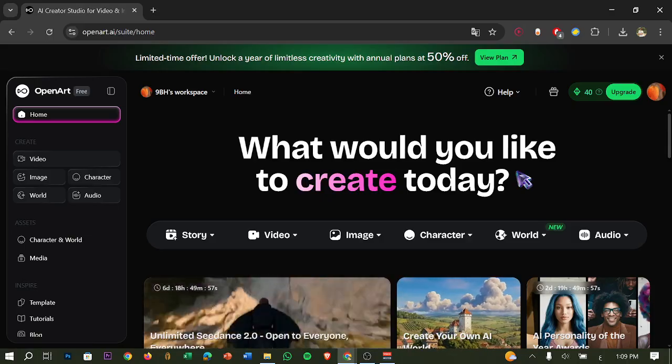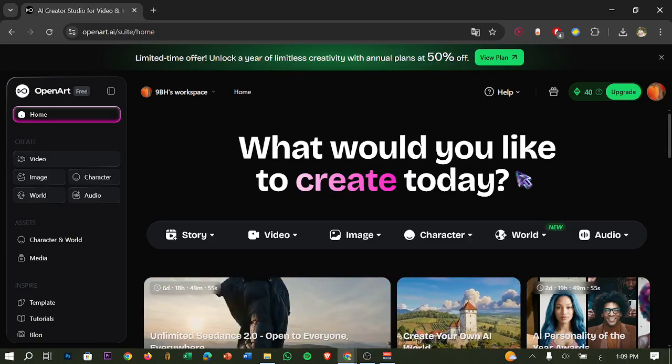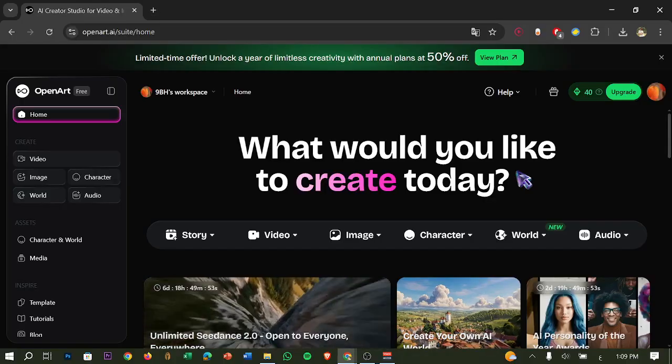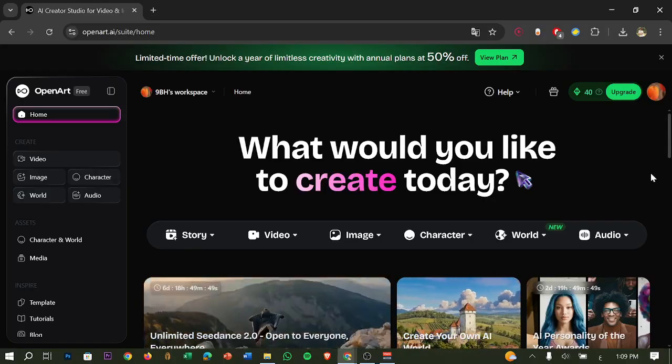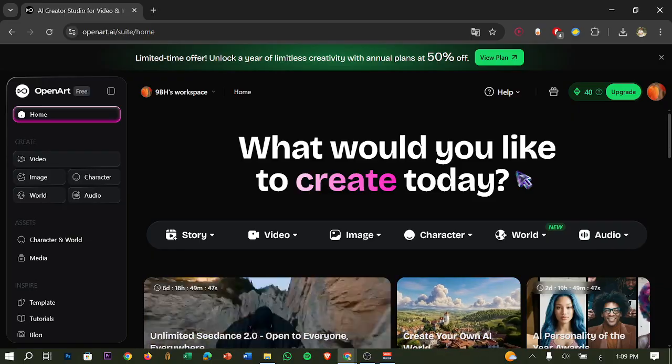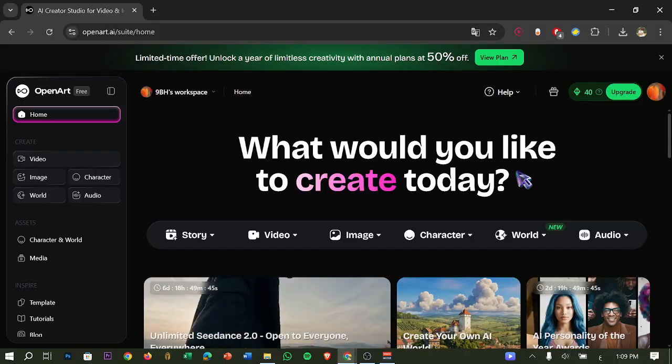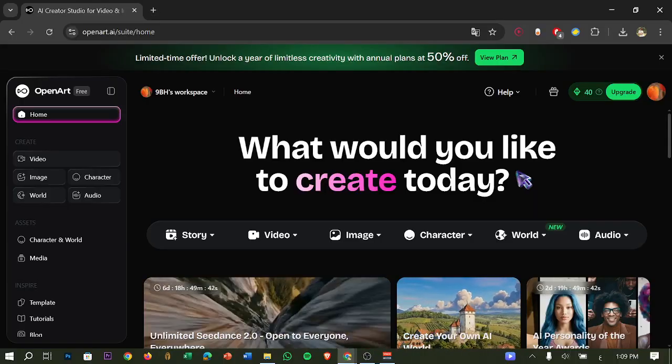So creating realistic AI selfie style videos in OpenArt lets you generate content that looks like it was filmed on a phone without actually recording yourself. In this guide, I will show you step by step how to create realistic AI selfie videos on OpenArt in